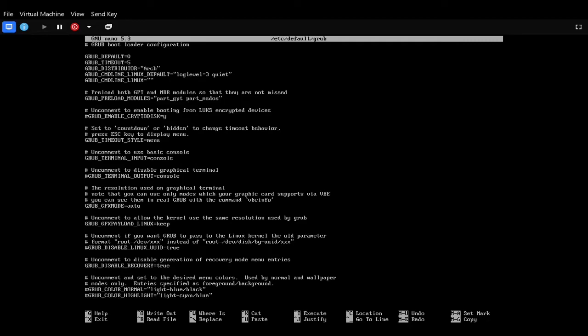So I'm looking up the ArchWiki right now to find the parameters you should give. So what you should do is to change this from quiet splash